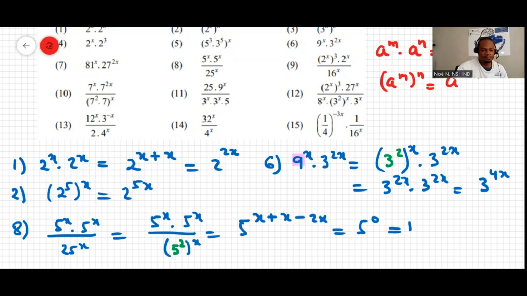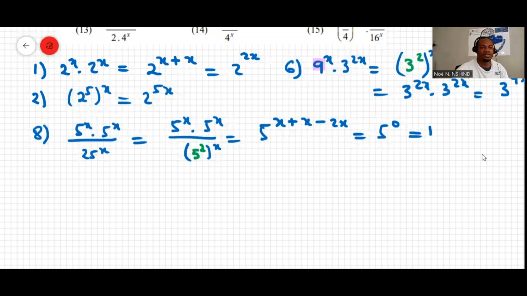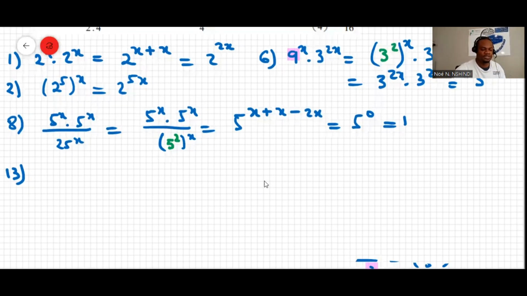The rest of the calculations are really similar. I'll leave you to practice them, and then we can maybe just do question 13. Question 13 says